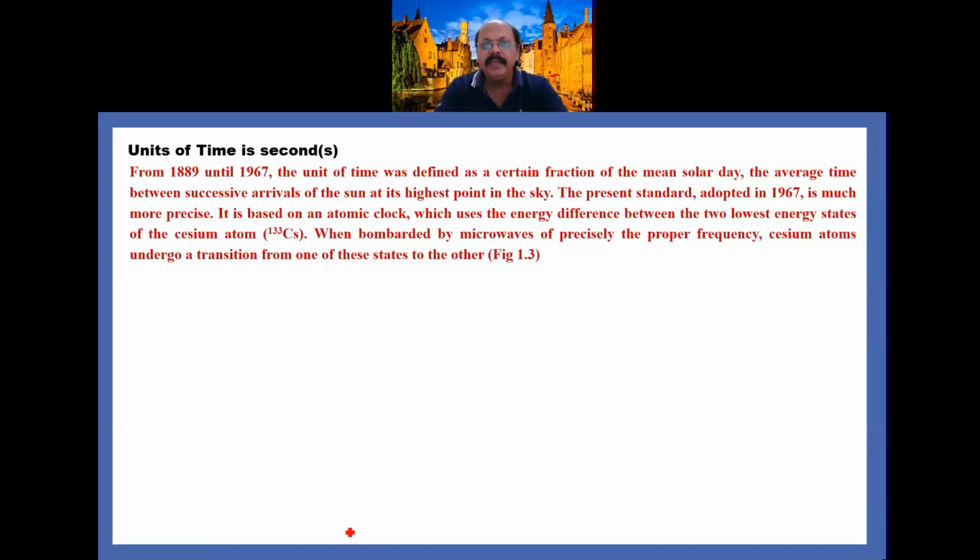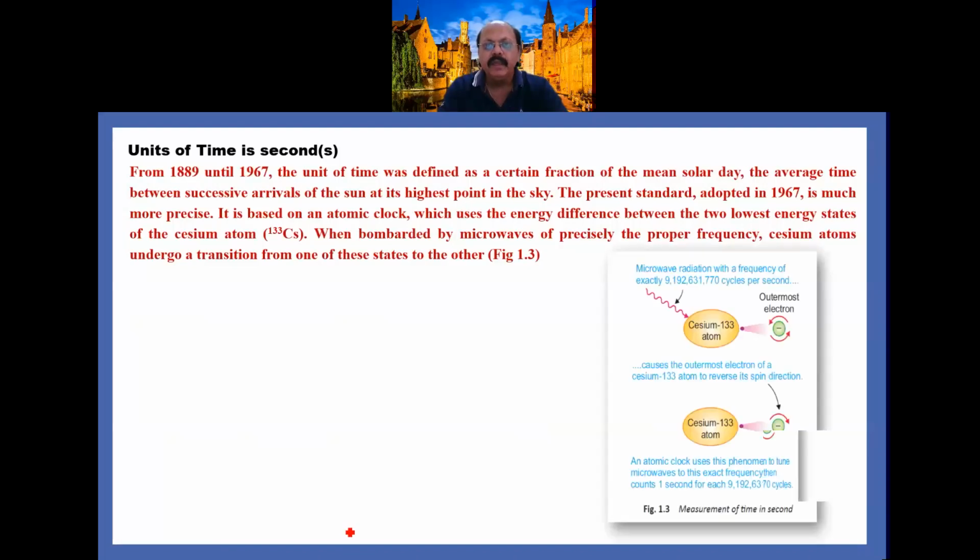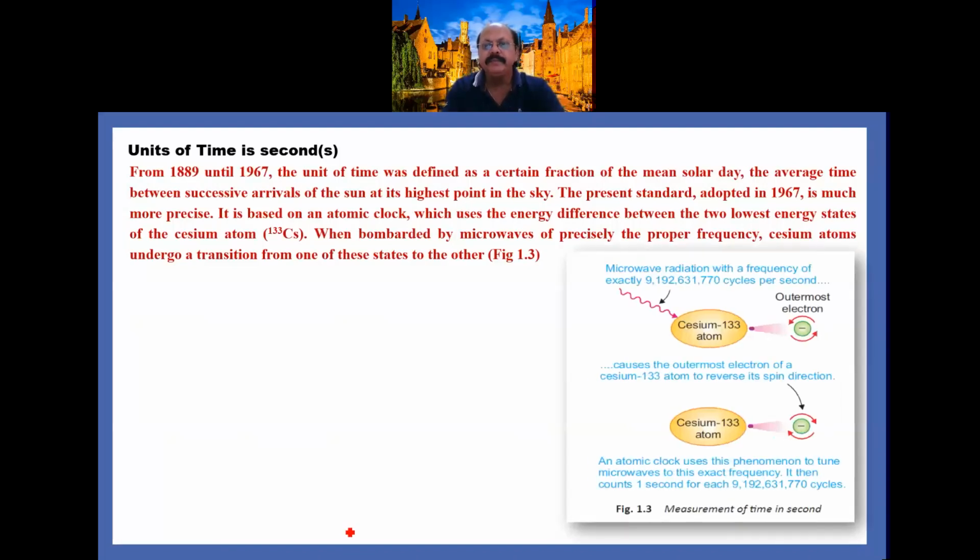When bombarded by microwaves of precisely the proper frequency, cesium atoms undergo a transition from one of these states to the other. You can see here in the diagram that microwave radiations with frequency exactly